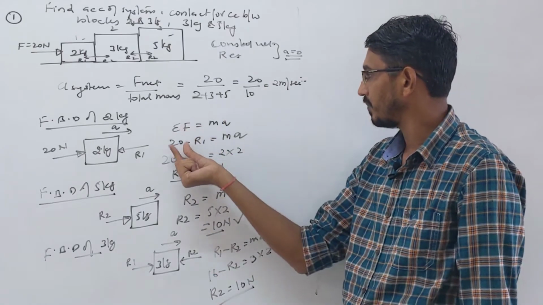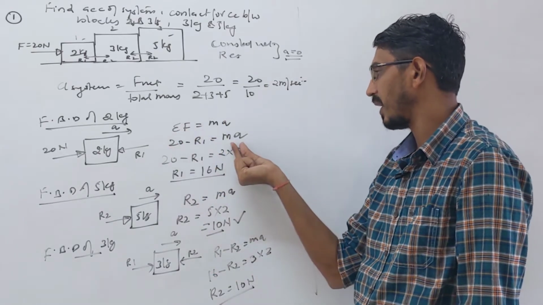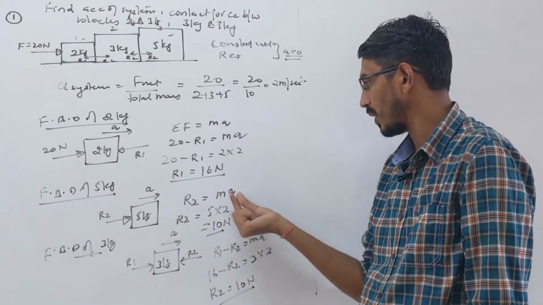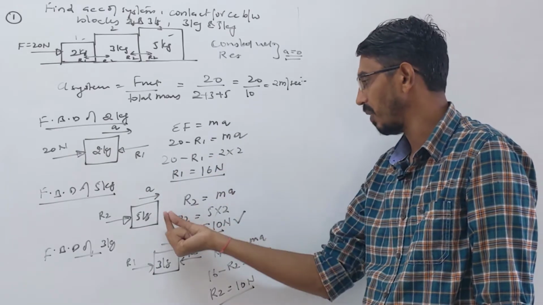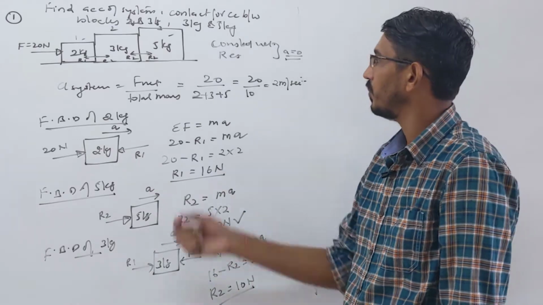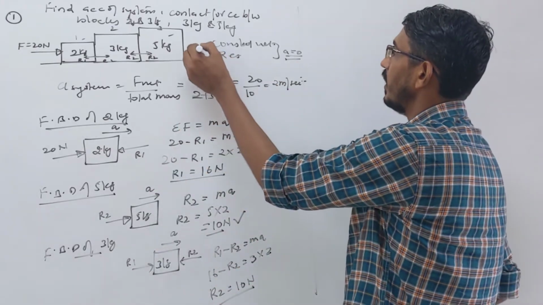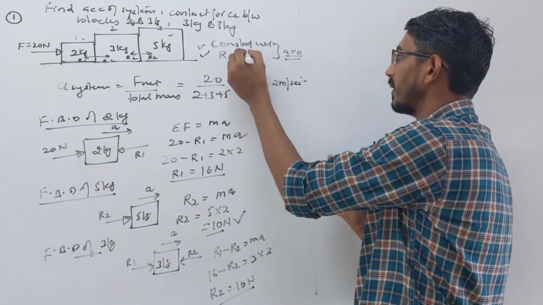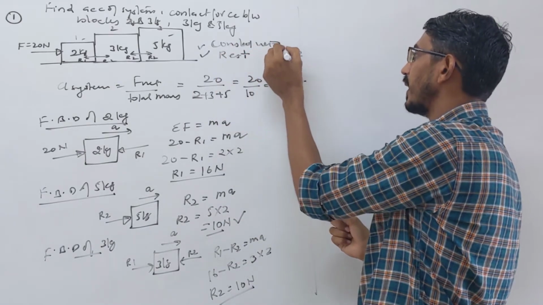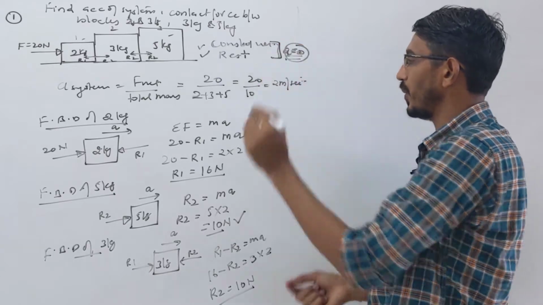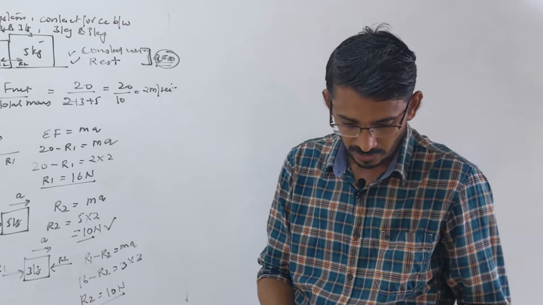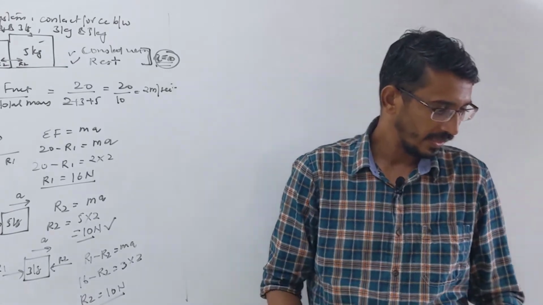So whenever writing this, the first thing, this is directly 0, no problem. Then when you write these things, like 20 minus R1 is directly equal to 0. So R1 is simply equal to 20. Same thing here you will do: R2 is equal to Ma, so the R2 reaction will become 0, right? So watch carefully whether it is accelerating or they have given constant velocity or at rest. If these conditions are given, then acceleration of the system will be 0, so net force is always 0. Let's do one more example to understand this.